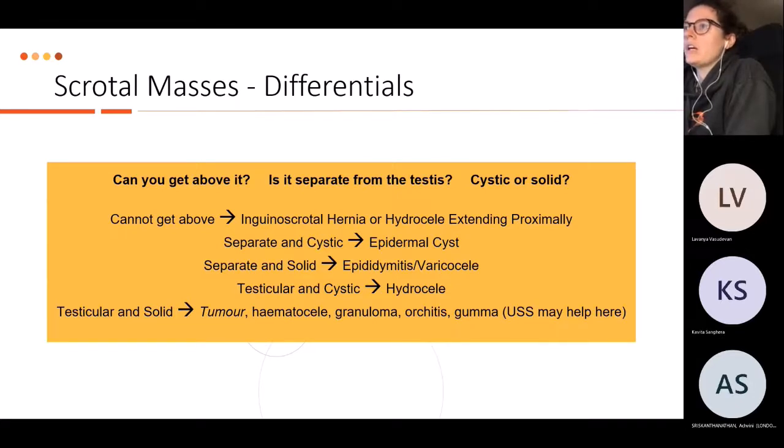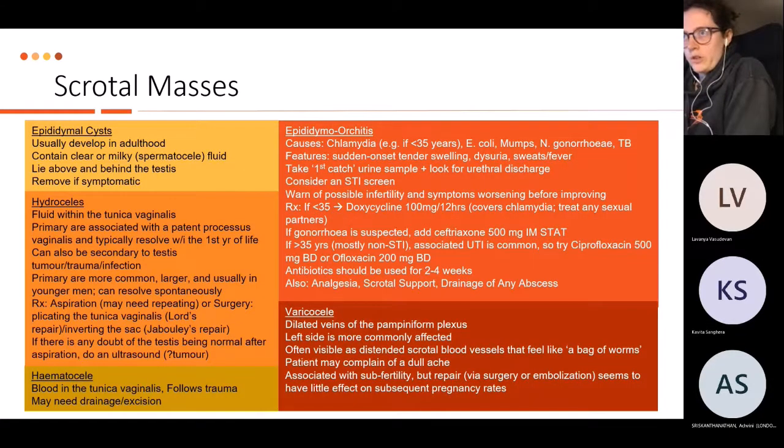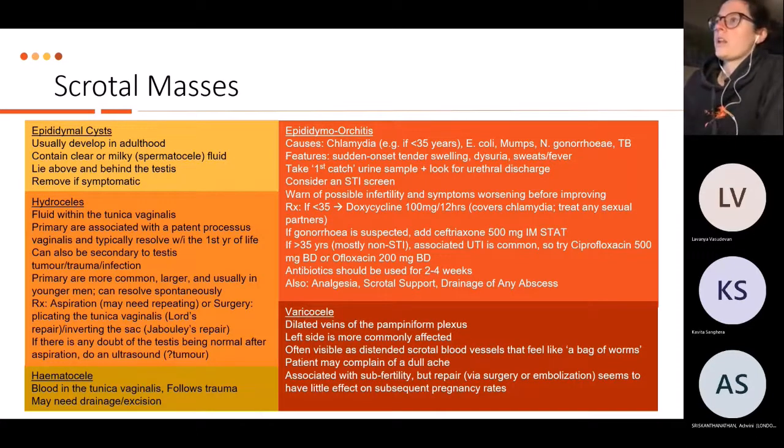So as you can see here, some examples of answering these questions and the changing differential diagnoses based on that. Lots of content on this page again. One thing I would say is that you get things that feel soft, firm, or hard. Soft, they say, is like touching the side of your cheek. Firm is like feeling the front of your nose, and that's what a cystic thing might feel like. And hard is like feeling the bony part of your nose, and that's more tumors or more worrying things as a general rule of thumb.